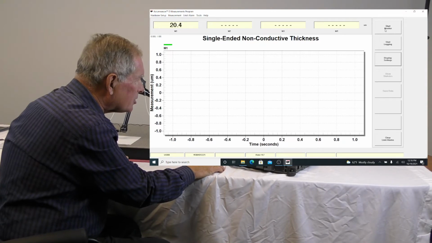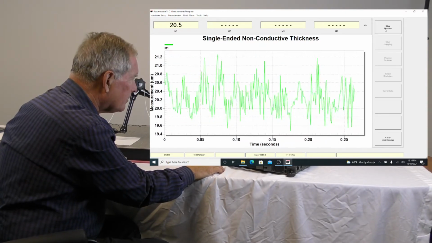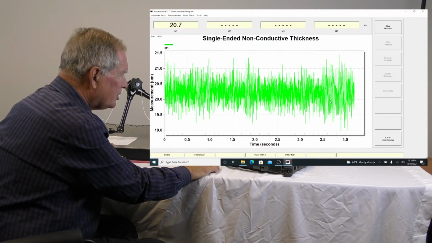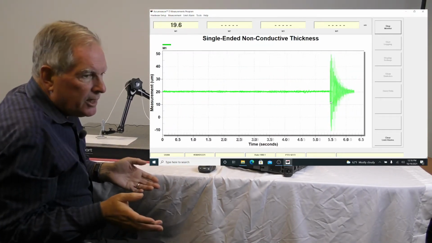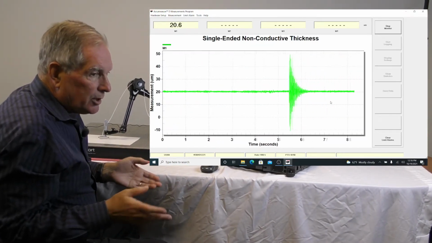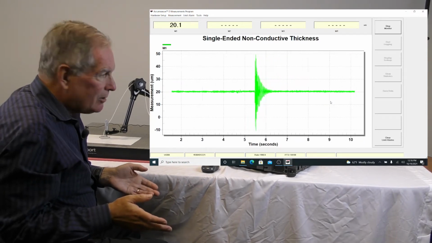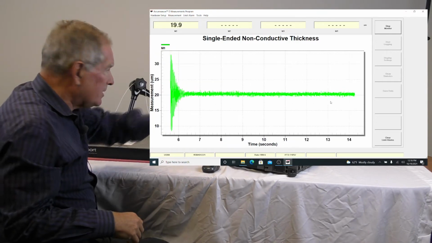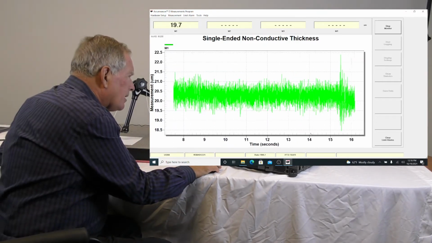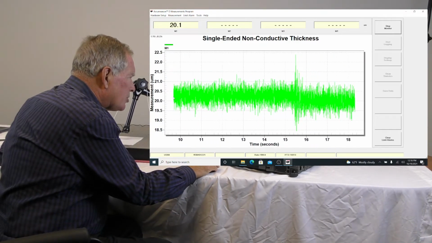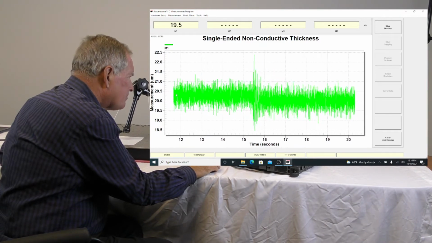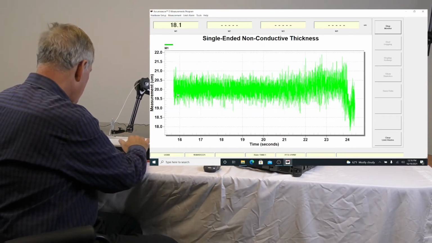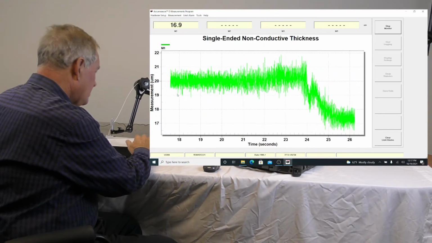And we're going to hit start here and start looking at it, and you can see there's quite a large variation here, and that's because it's not moving. We're stopped, so we're essentially looking at system noise. Once we start moving, the auto scaling is going to change that scale up, which it just did there. I must have bumped the table. And I'll move the sheet around, and we can see we're sitting at a little below 21 here at the middle. But as I move it around, the auto scaling,